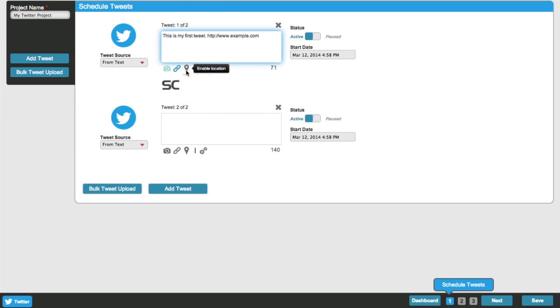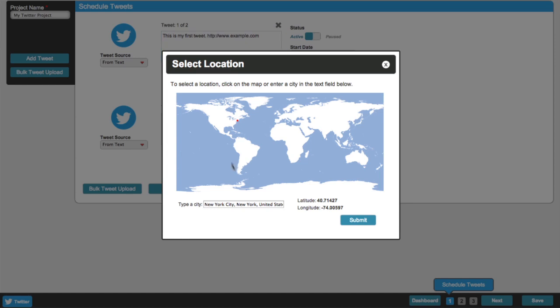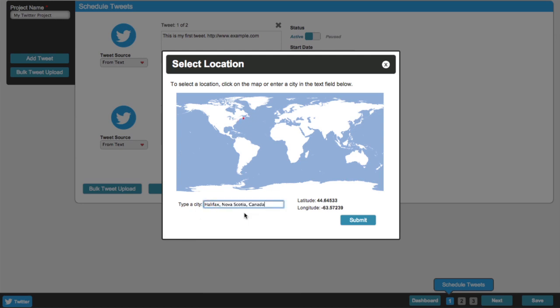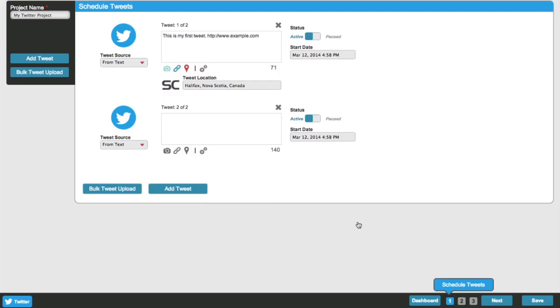We can enable the location. So we can put in the location here. Right now, New York is the default, but we could put in any city we want just by typing it in here at the bottom. So let's, all right, so I'm just going to type in, let's say, Halifax. All right, so I've selected my city, and then I'm going to hit submit. So now we've got our location set up, and now we're going to look at the other options that are